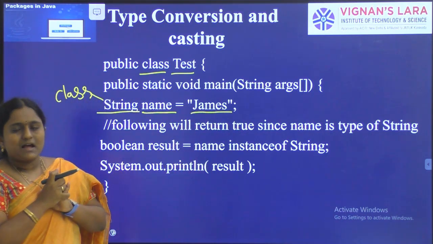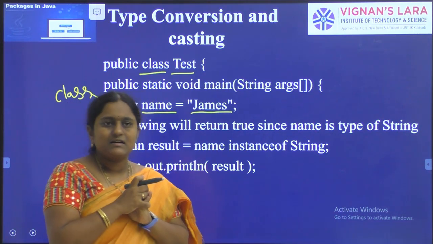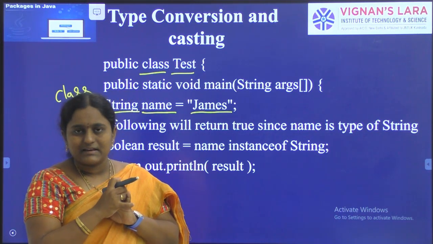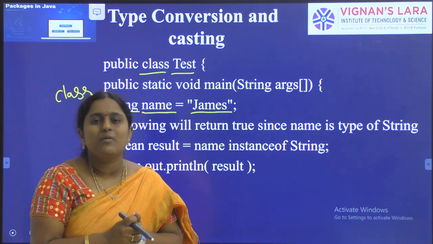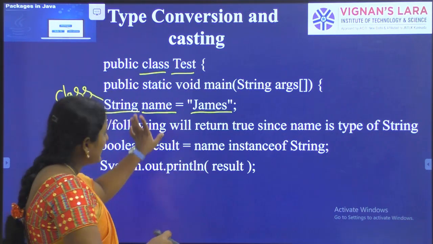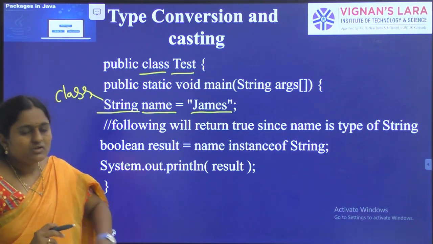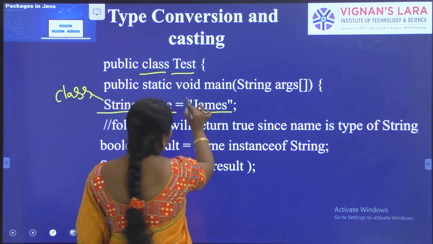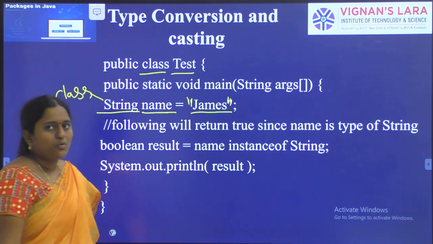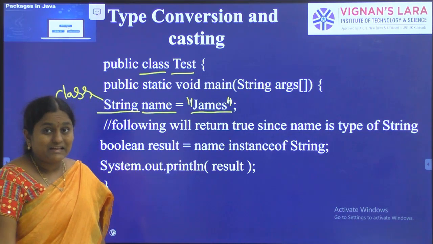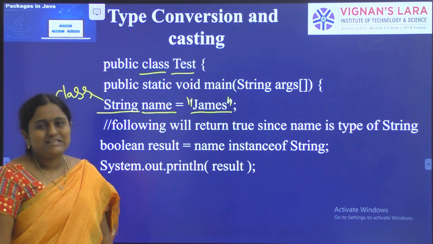So in Java, String is a class. With respect to the class we can create an object. In Java we can create a string object in two ways: by using double quotes and by using the new operator. Whenever the JVM finds double quotes, the JVM blindly creates an object of the String class.